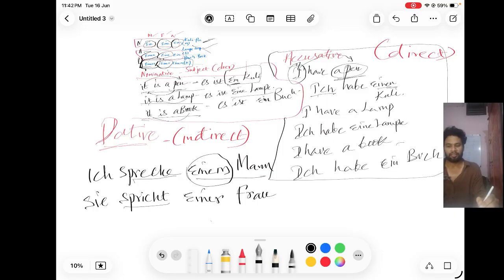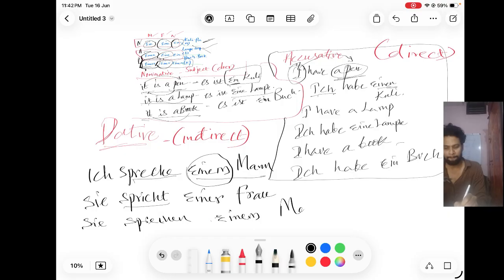And they are talking to a girl. "Sie sprechen einem Mädchen." Is it clear? So here, if you look at the table,